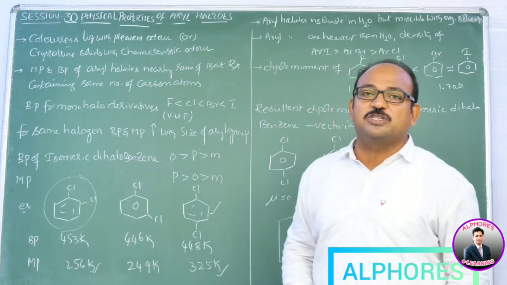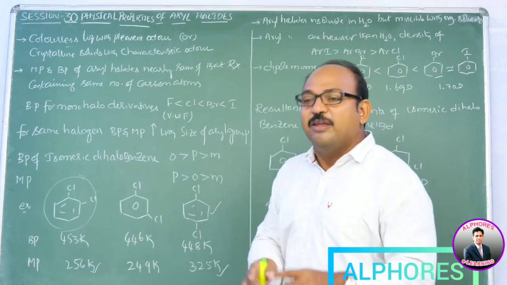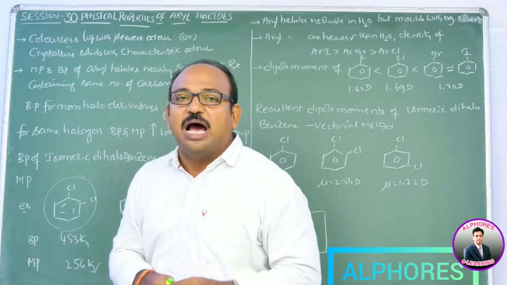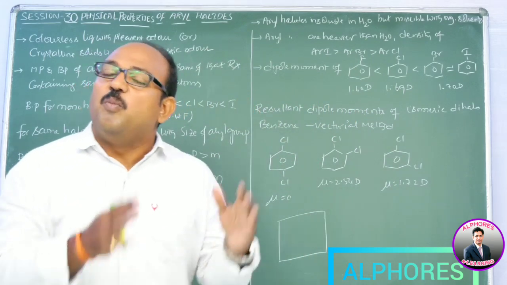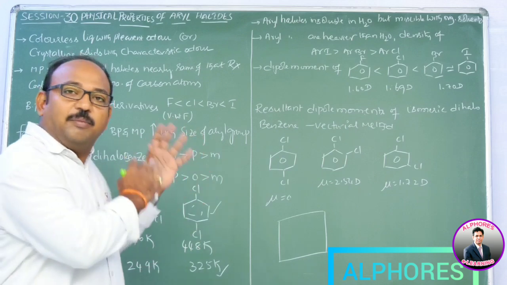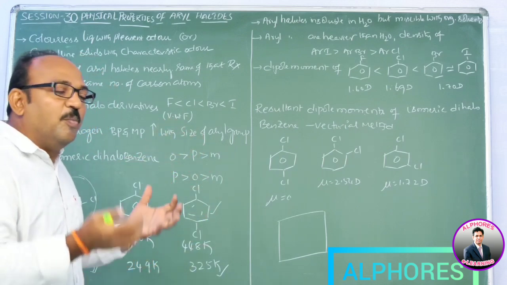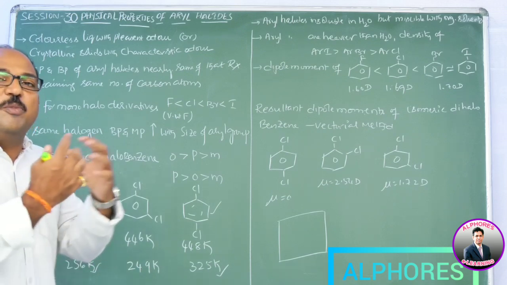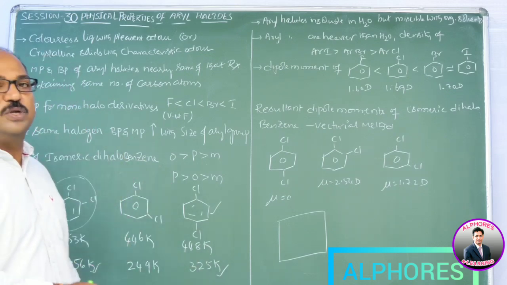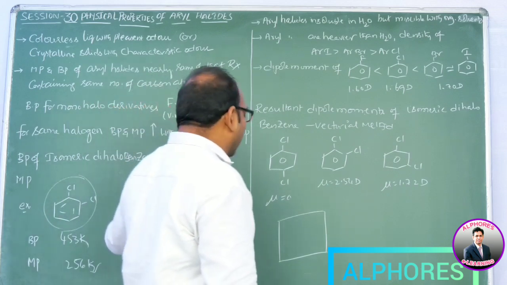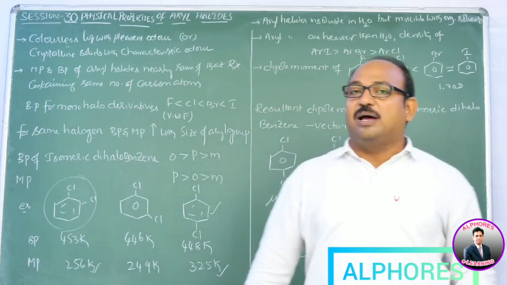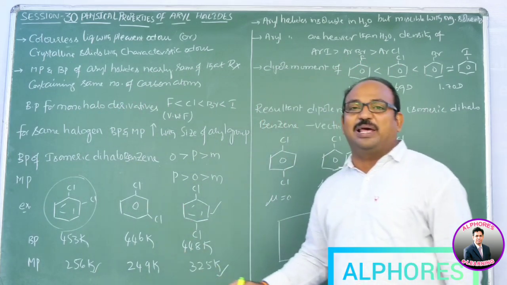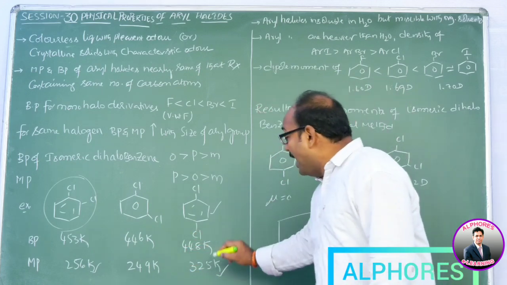Close packing is possible. Because of close packing, within 1 square centimeter or 1 square meter area, we can place more molecules. That means more intermolecular forces, so we need to provide more energy to break those intermolecular forces. Hence, if you observe, compared to ortho and meta, the para isomer has